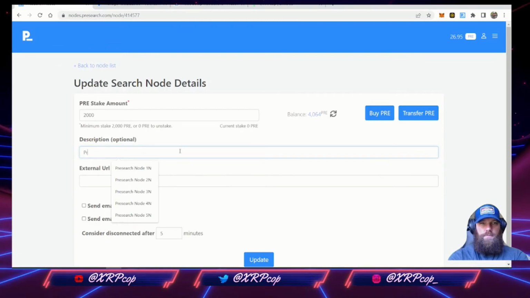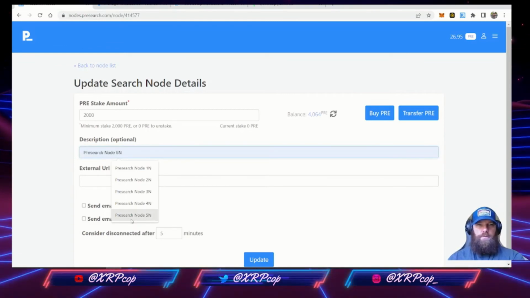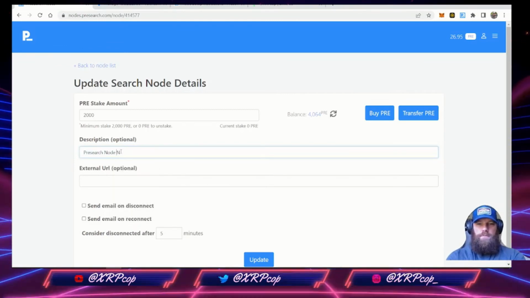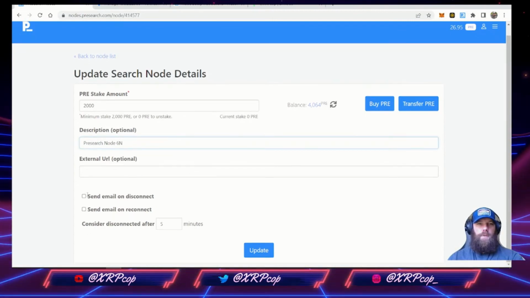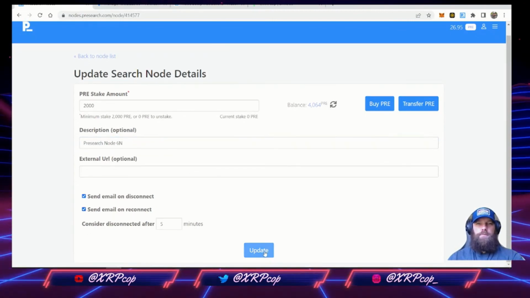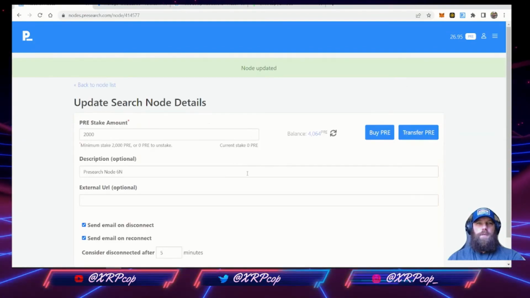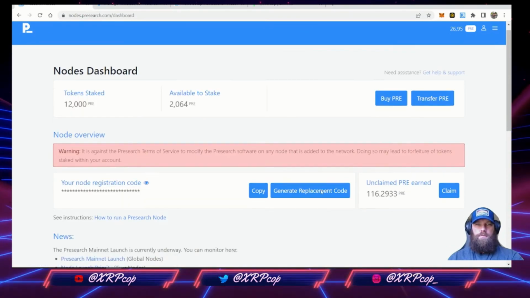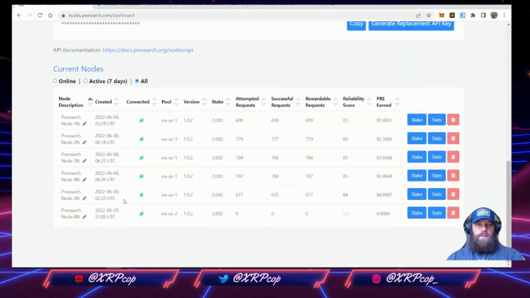So we're going to do Presearch node 6. I like to receive emails and then update. Okay, update is pending. So now we need to go back to the node list. And there you go, Presearch 6. It's going to take a few minutes for it to connect, and then you should start getting some stats here